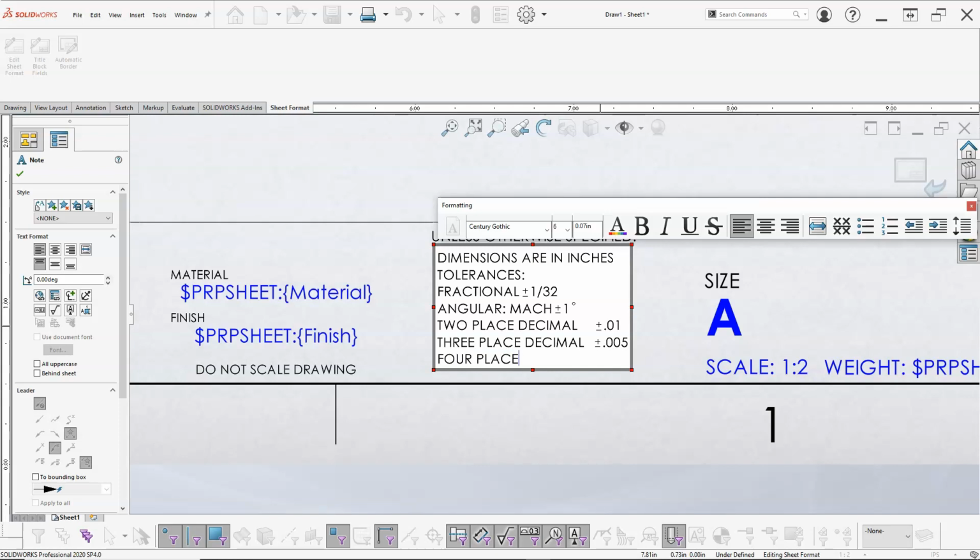Make sure I'm getting all caps here. 4-place decimal. And actually I can just copy this. I could go back over to the symbols and grab that. Half a thou would be a decent tolerance if I'm feeling more generous, or I know that it's not critical,